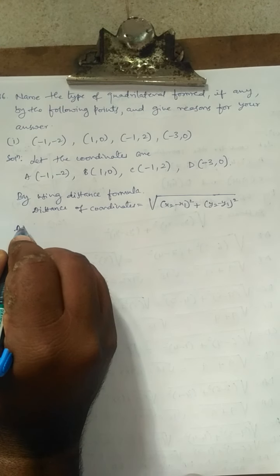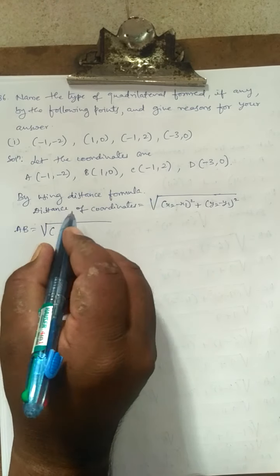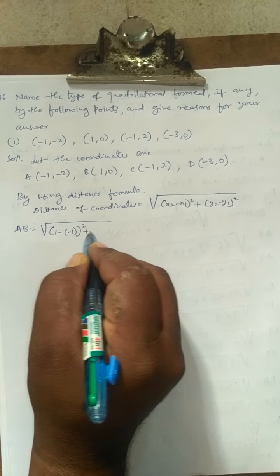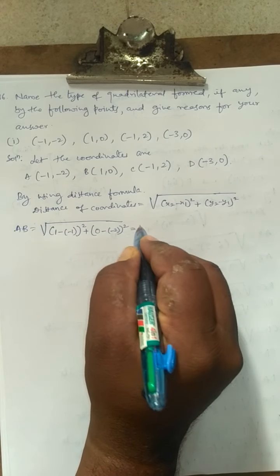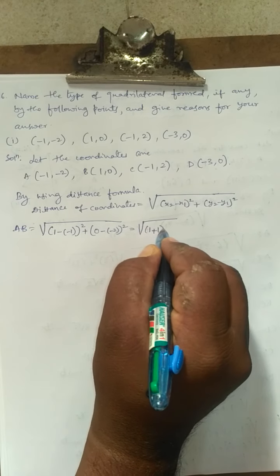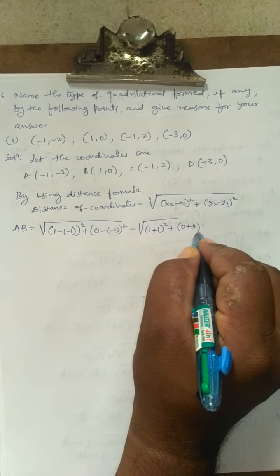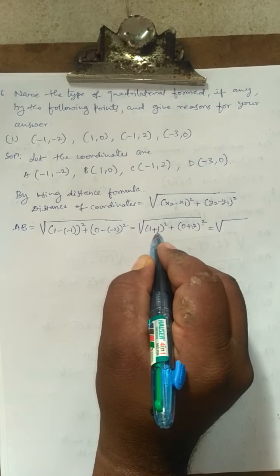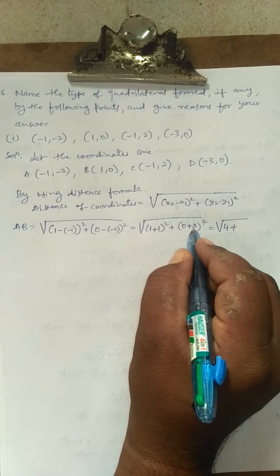Now first you have to find the distance from A to B, that is AB, equal to under root. Here x2 is 1 minus x1 is minus 1, then whole square, plus y2 is 0 minus of -2, whole square. This is equal to under root, bracket 1 as it is, minus into minus plus 1, whole square, plus 0 as it is, minus into minus plus 2, whole square. So this is equal to under root (1 plus 1, that is 2) 2 square is 4, plus (0 plus 2 is 2) 2 square is 4.